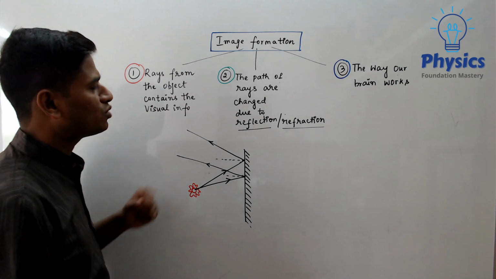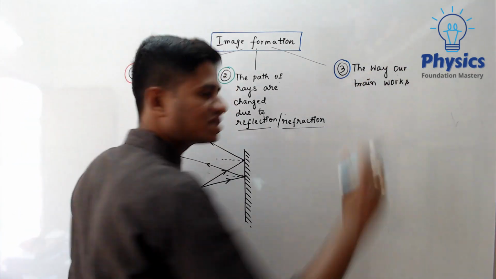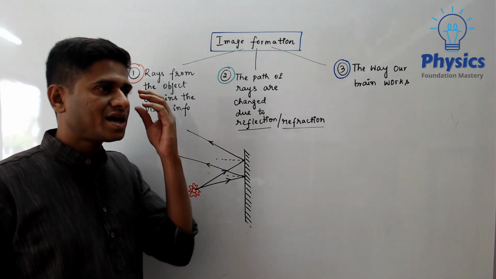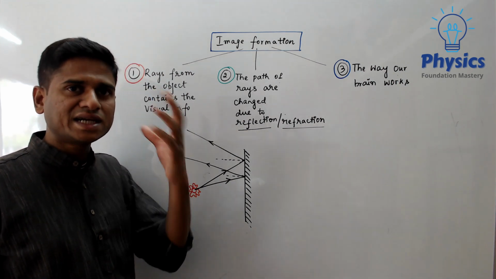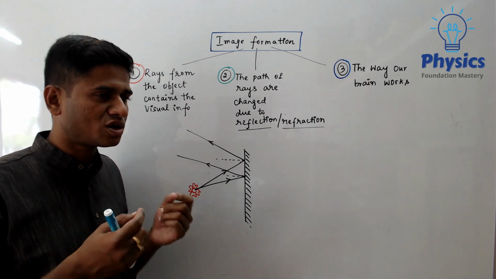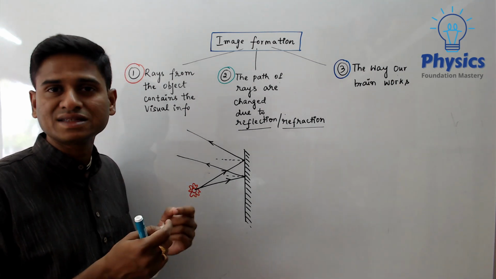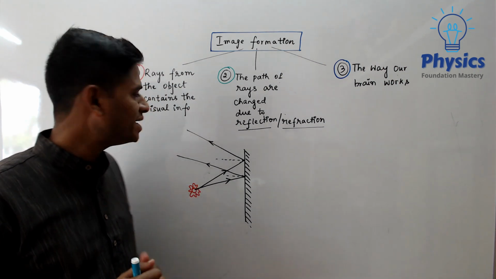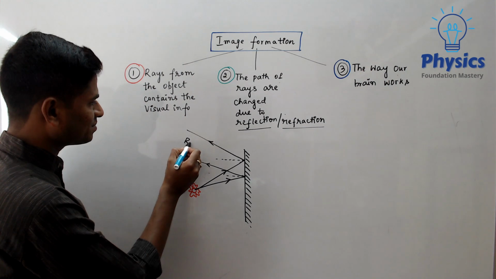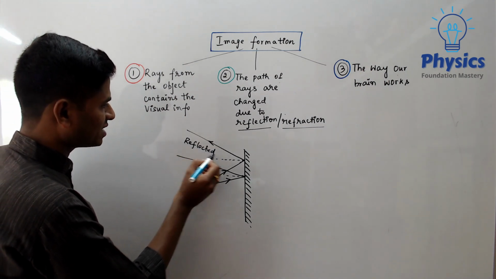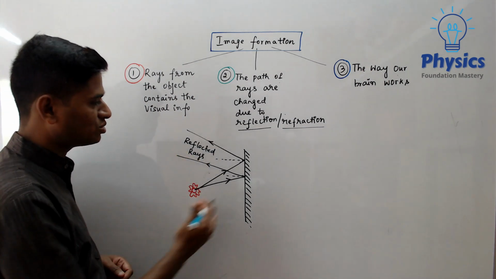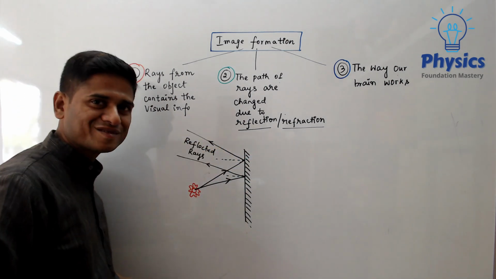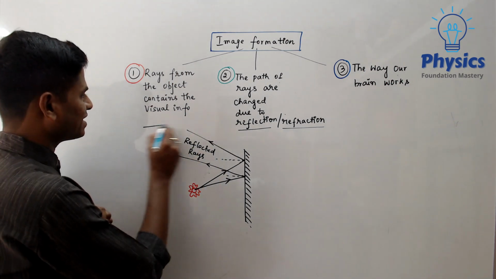And then what? The way our brain works. We discussed in the last video that the eye and brain system works in a way that the brain strongly feels that light can only travel in a straight line path. That means these are all reflected rays. How many of them are there? Not just two, there are infinite. This is one ray, this is another ray. In between there are an infinite number of rays, and all of them are getting reflected, and when these rays arrive at my eye,